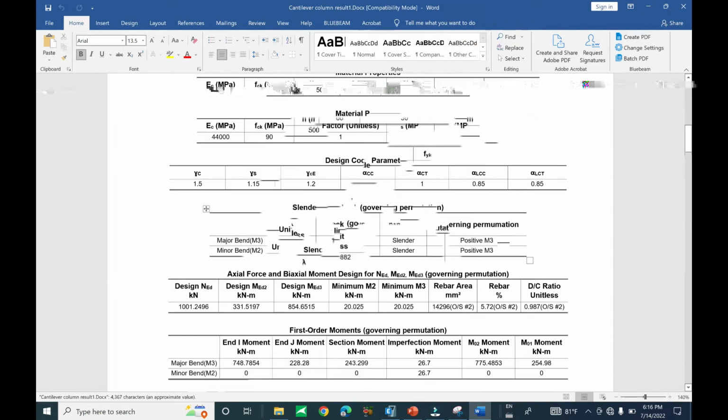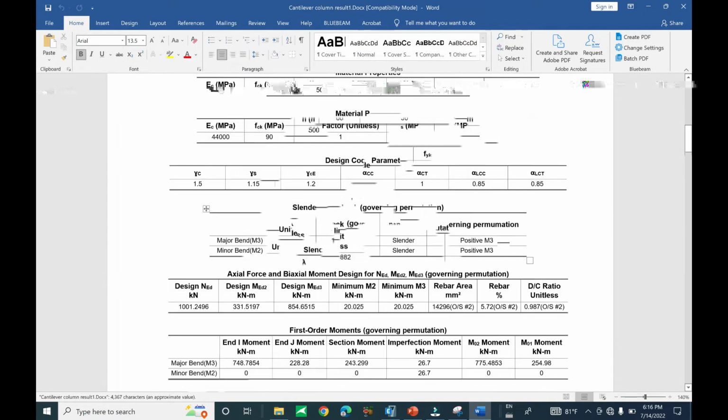Okay, apply, select member, and check for station 8. Sorry, this one we have to check at station 0. Is station 0 at the base? Okay, at the base of the column. Station 8 is at the top of the column. See here, this one at the base of the column. Yes, at the base of the column is